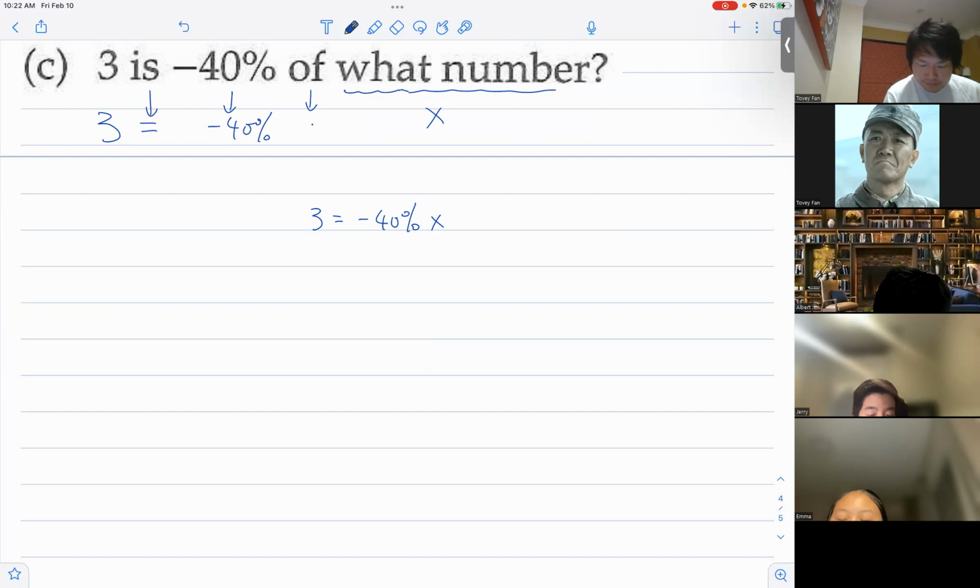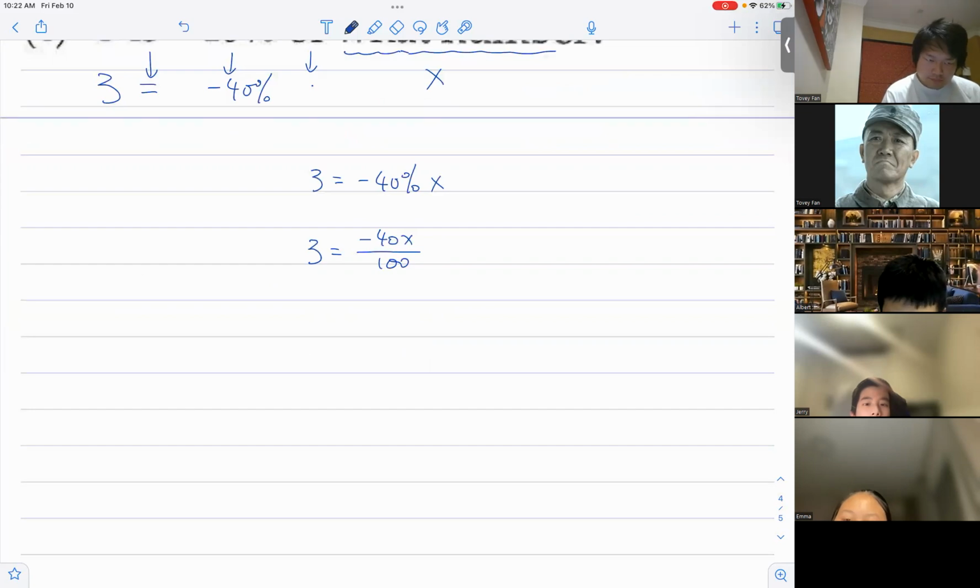Negative 40% times x over 100. Negative 40x over 100. A fraction, denominator, what is it? 你看，你一旦看到个分数，有个分母，你干啥？就把分母消掉，怎么化简？就把它乘过去嘛，对吧，Emma？就乘100啊，OK？So times by 100, so 300 equals negative 40x。然后呢